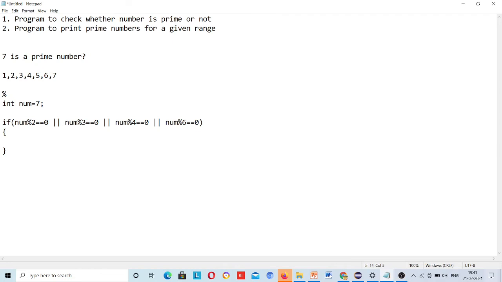Okay, and I need to put a message to print. In Java you have system.out.println.